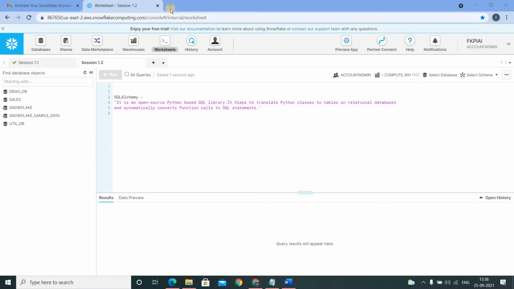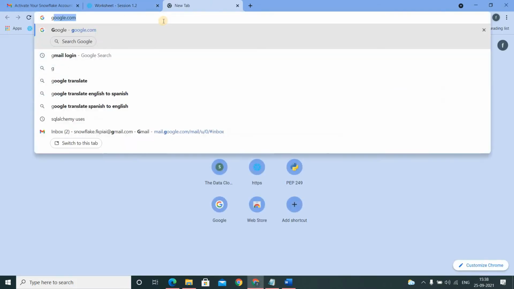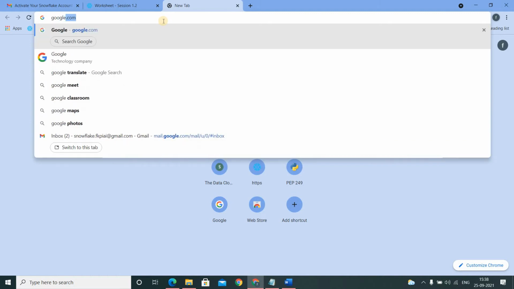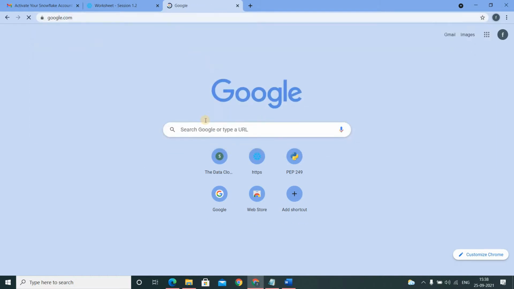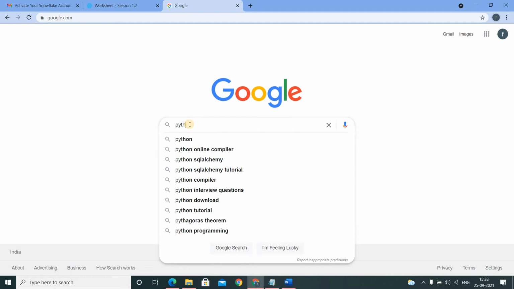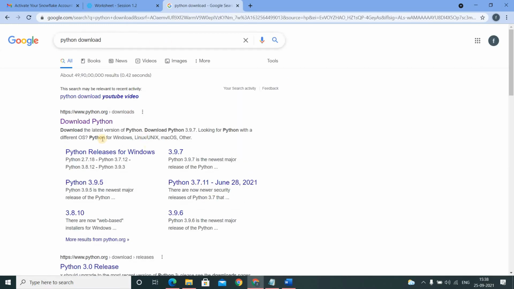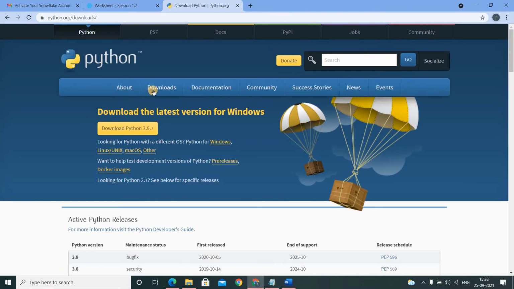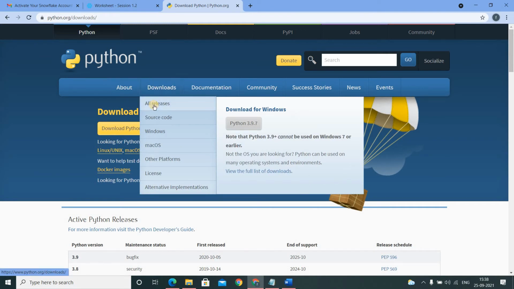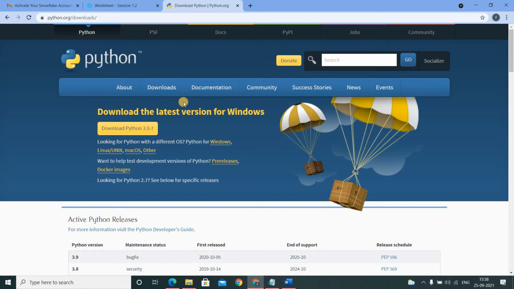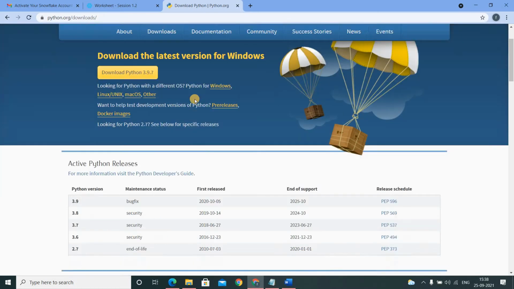To install Python, just go to Google and search for Python download. Take the first URL, go to downloads and click on all releases, because we are going to choose 3.6.7 as I am on Windows.